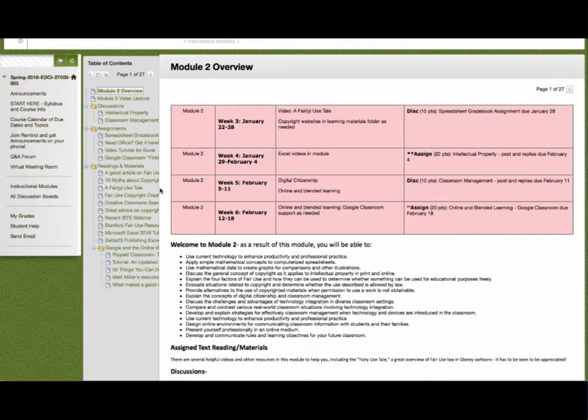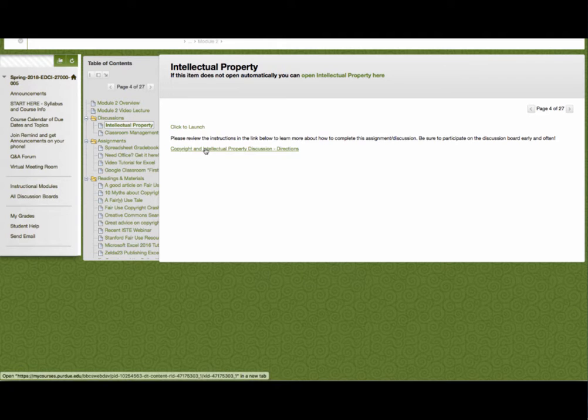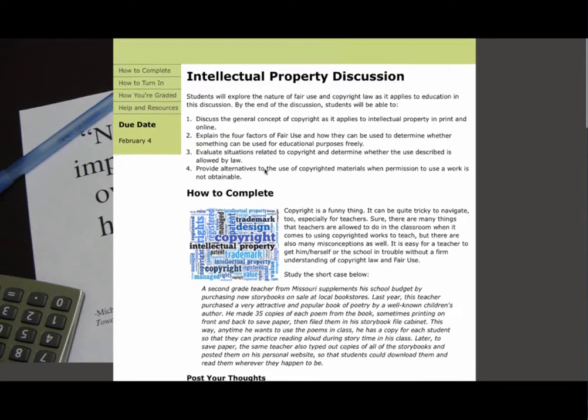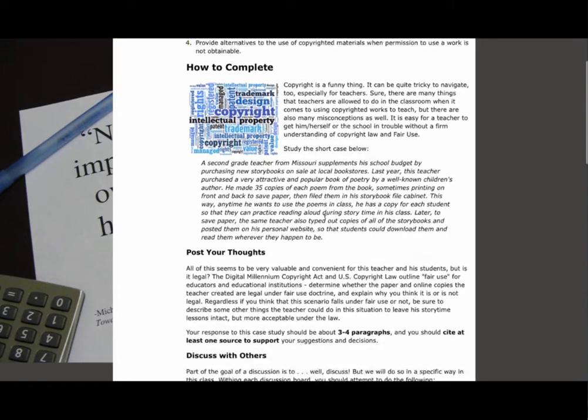So here we are in Module 2, and you can see that in our table of contents we've got our discussions and then the assignments listed. So I'll just briefly show you the 2 discussions and their assignment descriptions. So you click there and then it'll tell you everything that's going on with intellectual property, which is